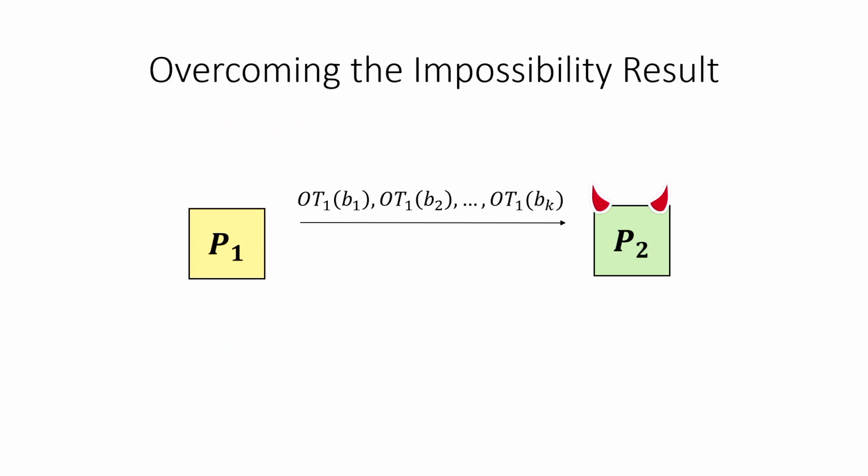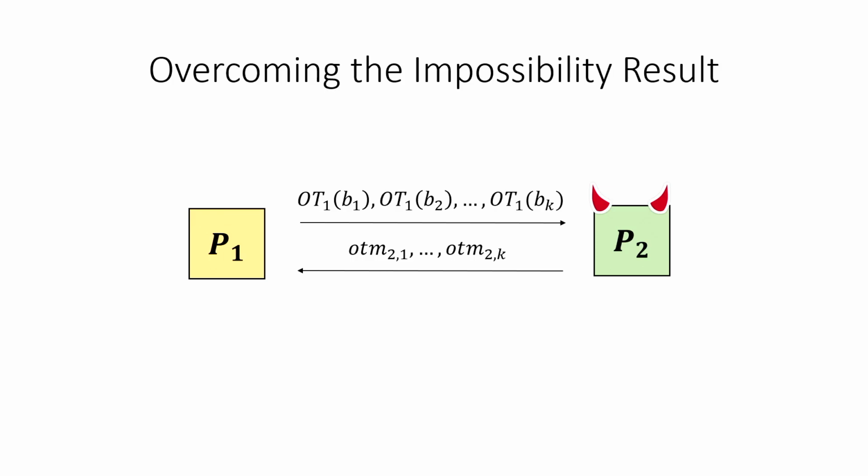And this is an issue. So to prevent this attack, somehow we have to ensure that all the sender OT messages encode valid inputs, not bot. And how would we accomplish this? By making black box use of a 2-round OT. I would like to clarify that we can't do this for all OT sender messages, but we can ensure that at least a large fraction of the messages are secure. And this turns out to be sufficient for our purposes.